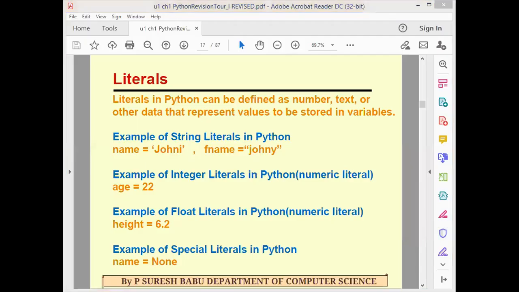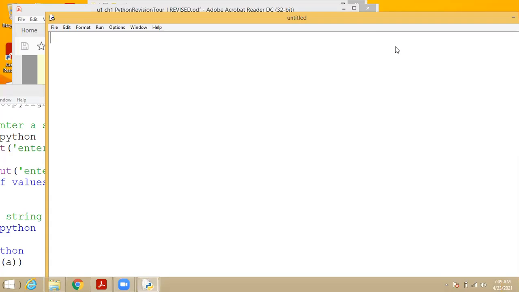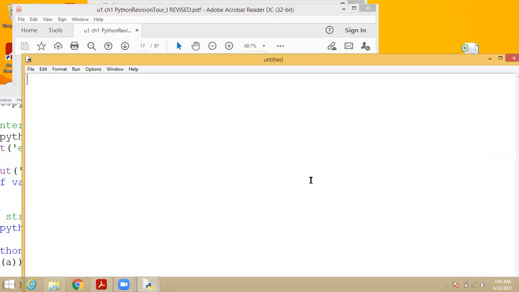I will close and open a new screen. Only 1 minute is enough, so I will show you in this example itself. We go for script mode. See, students, everyone, is the screen visible?